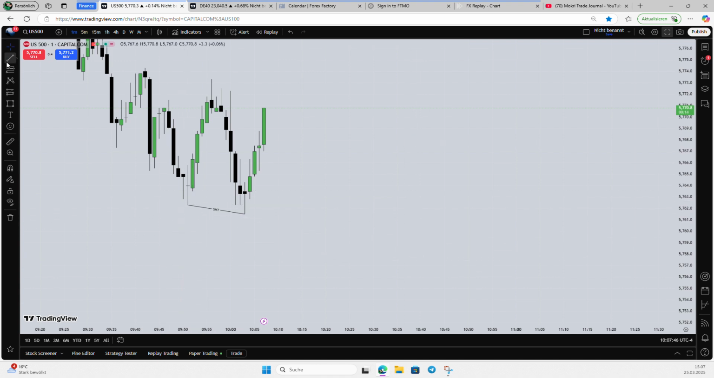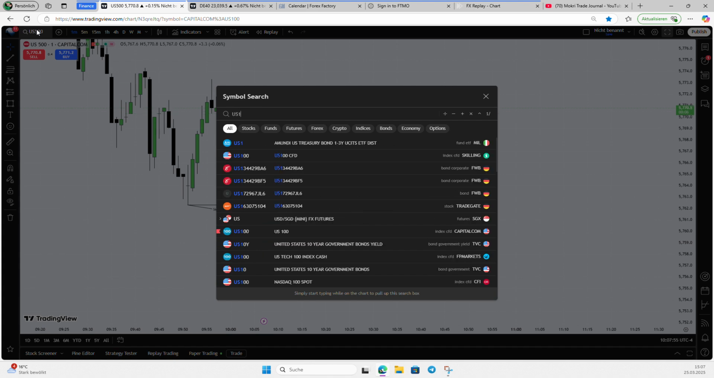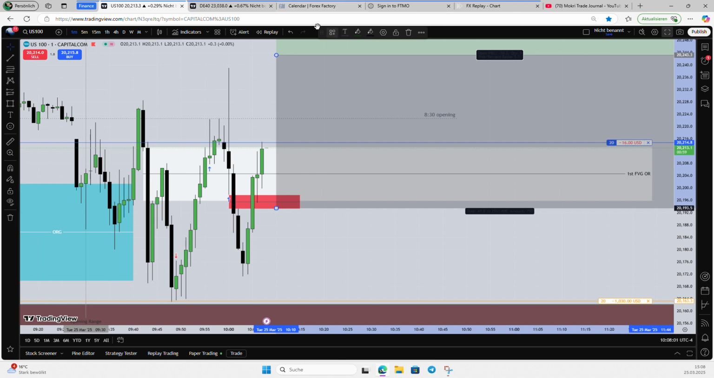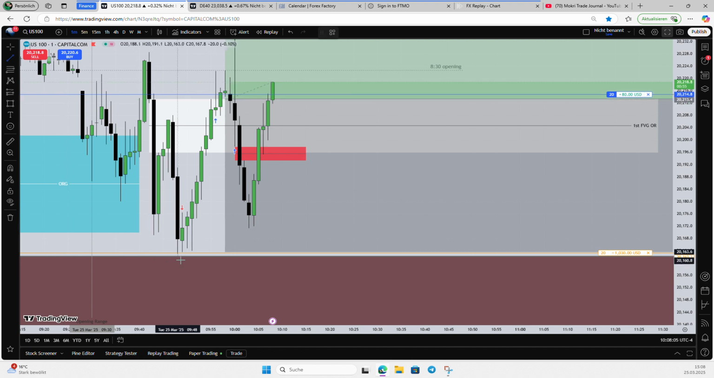Okay, let me mark this out. Right here we can see price took out this low, and on the Nasdaq, or on the US 100, we can see here that it isn't the case. So it left this low in place. Now many traders think like, okay,